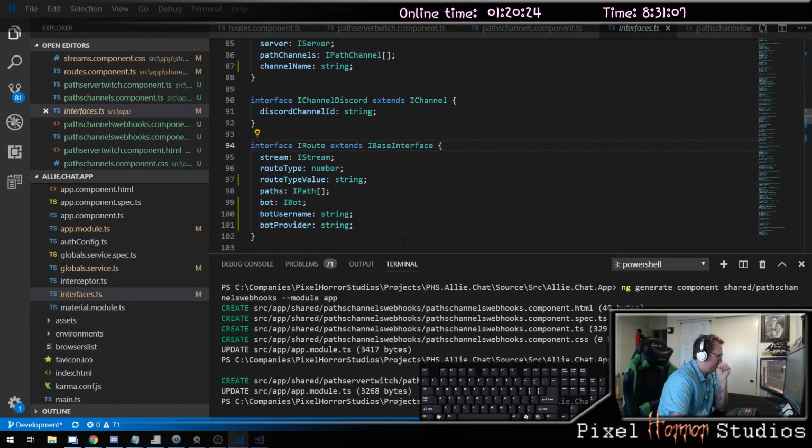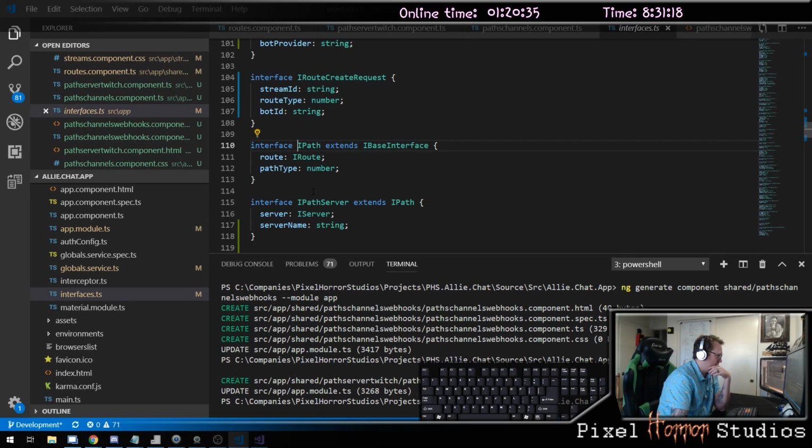And what you want to have here is one where you get your channels on routes, right? So on IPath,